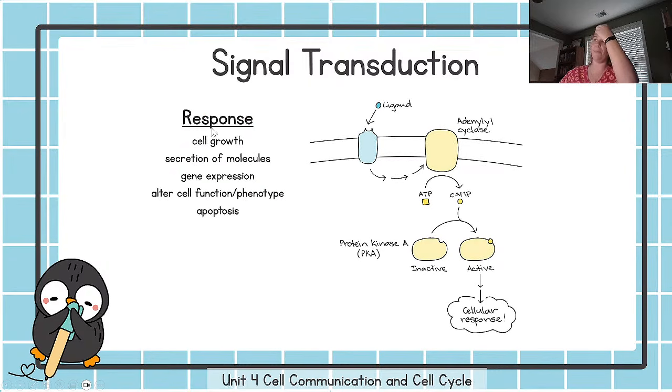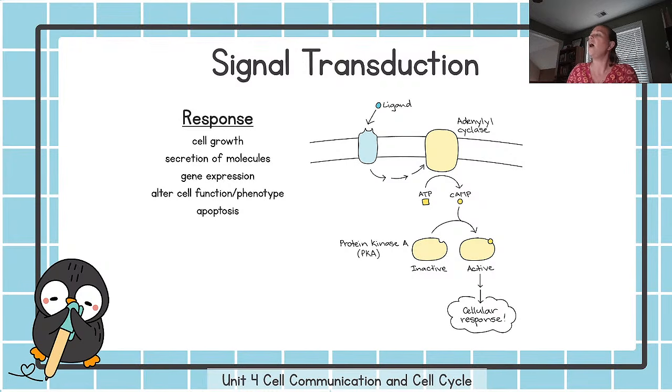And so our last step would be our response. Different things can happen. It's all based on the diagram that they give you. So different cells are going to have different relay molecules. So even if you have the same signaling molecule, you could have a different response to it. And so whatever they give you on the exam, they will have to give you some type of diagram. They'll have to give you some type of explanation, something that lets you be able to go from part A